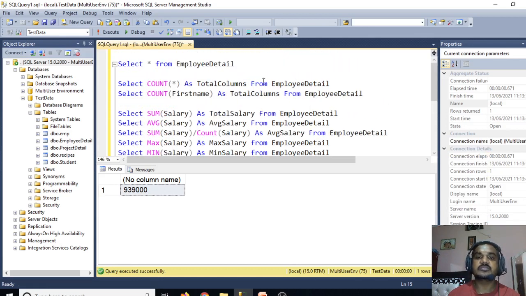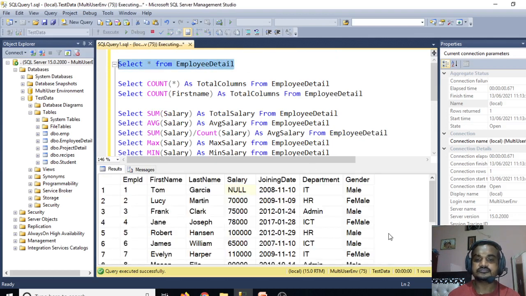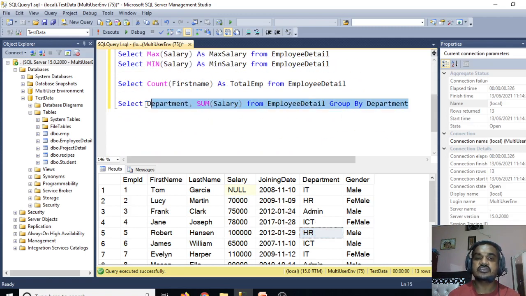We have different departments, like IT department, HR department, so it will sum the salaries of a particular department. Let's say we have HR and HR over here, so it will sum all the salaries of the HR department. Now let's execute this query.